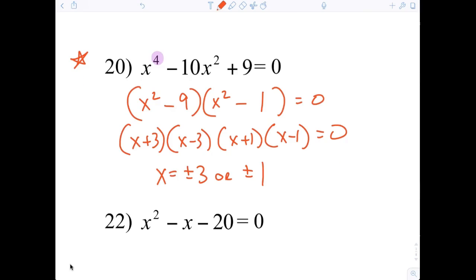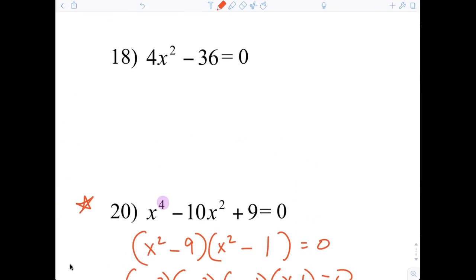All right, here we go. 18. Now on 18, put a little star by 18 again. There is a GCF here, but is a variable involved? No, it's 9. So instead of factoring out the GCF, I just